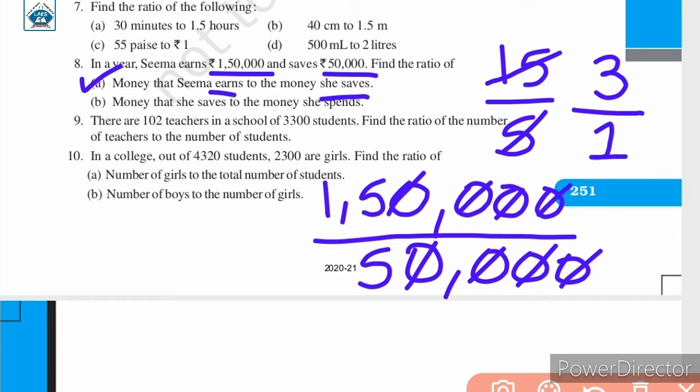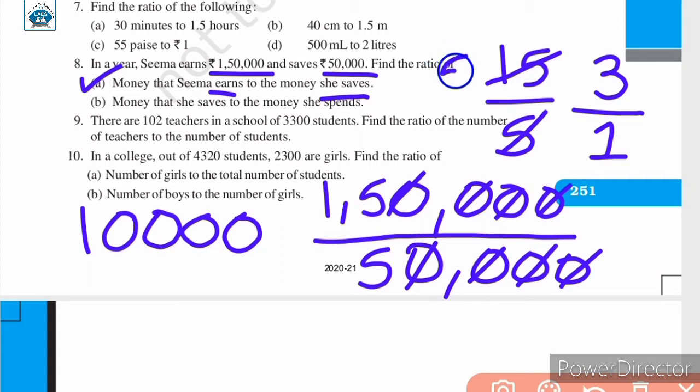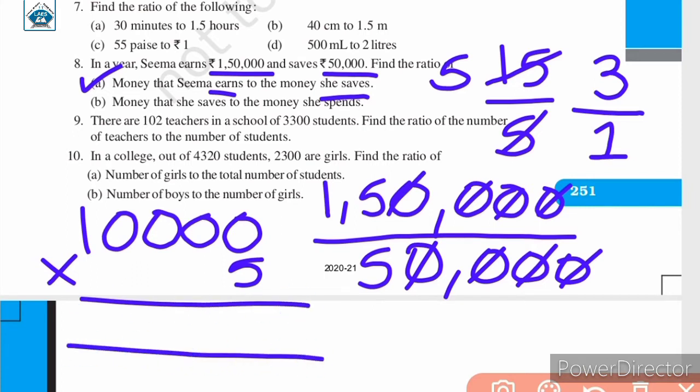So here what we did, we actually cancelled out 4 zeros. Cancelling 4 zeros means we divided it with 10,000. We also divided it with 5 afterwards. So when we multiply these two, we will get the highest common factor of both these numbers. So that is 50,000. How did we find the HCF?